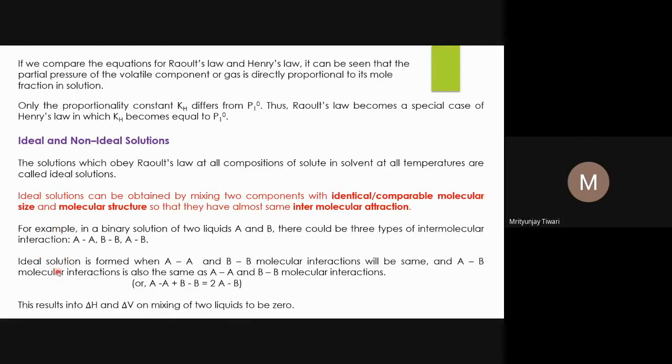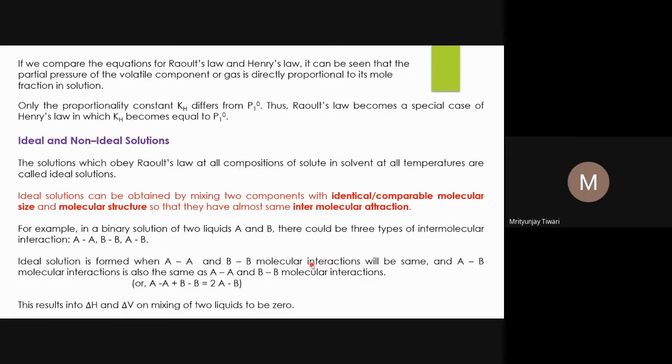So the ideal solution is formed when AA and BB molecular interactions are the same. Means the solute-solute interaction and solvent-solvent interaction are the same, and also the solute-solvent interaction. What I said, solute-solute interaction is equal to solvent-solvent interaction, and this will also be equal to the solute-solvent interaction. If these three interactions are exactly equal to each other, then one can say that this solution will